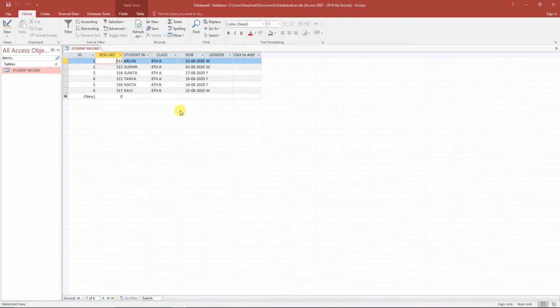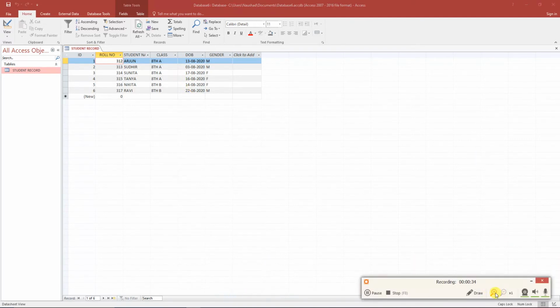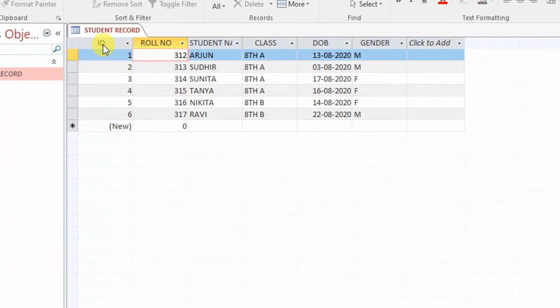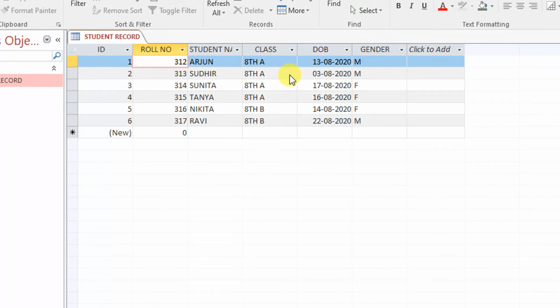For example, here there are two sections of students' data, that is 8th A and 8th B. As you can see, if I zoom in, there are two sections of students here. Suppose I want to see the information of only 8th B students, so I can use a query in MS Access.